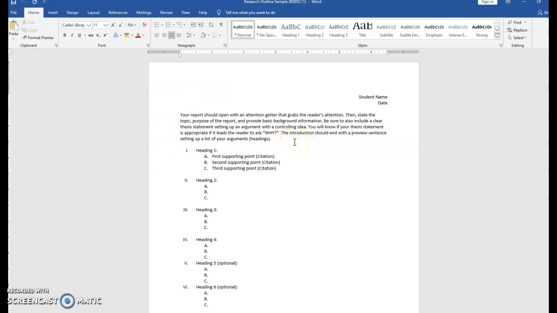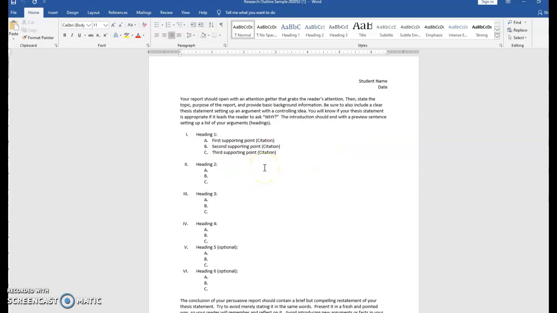So you would go ahead and use complete sentences to get the reader's attention, to explain the purpose of the report, basic background information needed to understand what the issue is, set up your thesis statement, and end with that preview sentence where you actually will list the supporting reasons or topics that you'll include in your report. So you'll basically write out the first paragraph in paragraph form.